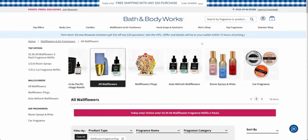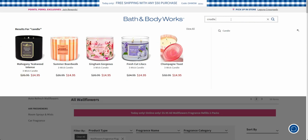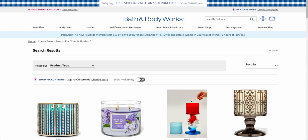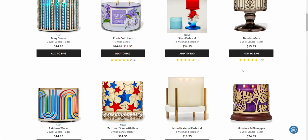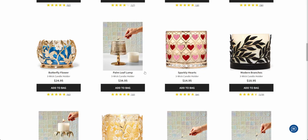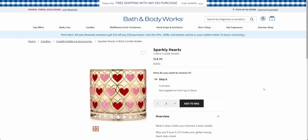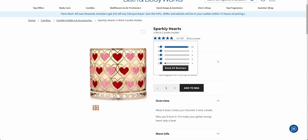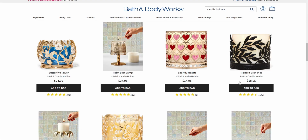And as far as wallflower plugs, nothing really new over here in the wallflower plug department that I haven't already shown. Now the candle holders, you guys, oh my gosh. Let me go over to the candle holders. I love candle holders. So this is what they have. I didn't spot anything new today that I haven't already shown, but they have some really great choices. Oh, look at that. The heart's back. What? The sparkly hearts are back? Okay, so the sparkly hearts are back. Wow. That is new. I mean, it's not new, but we didn't...